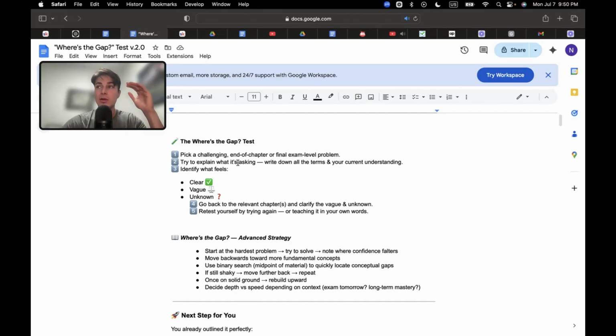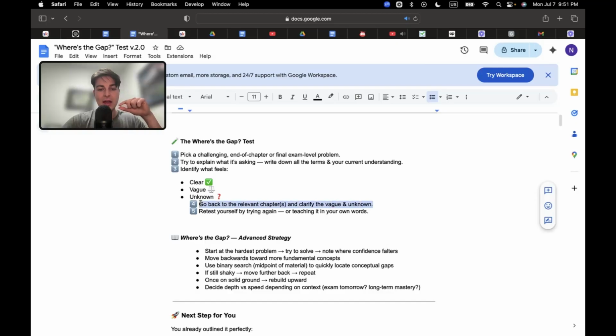So not only are you just going to try and solve it, but you're going to analyze or annotate your own actual solving process to say, okay, what parts of this question do I understand fully? Even if it's just a couple pieces of terminology, what is crystal clear that I actually understand? What's a little bit here, a little bit there, and what is I don't even understand what they're talking about. Not only would I not know how to solve it, but I don't even understand what the words mean. So anyways, once you've analyzed those things,